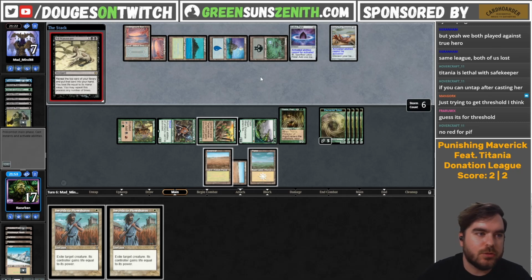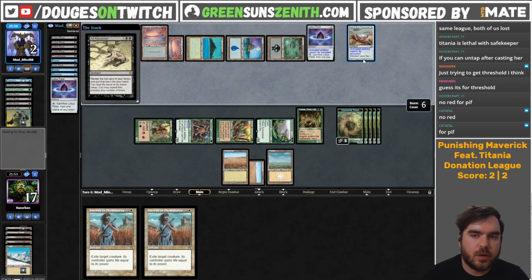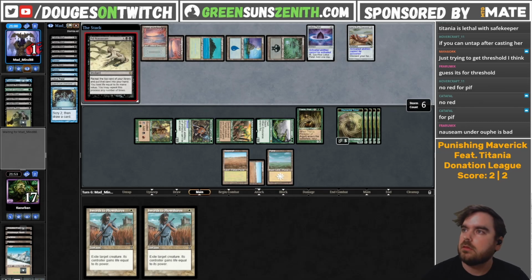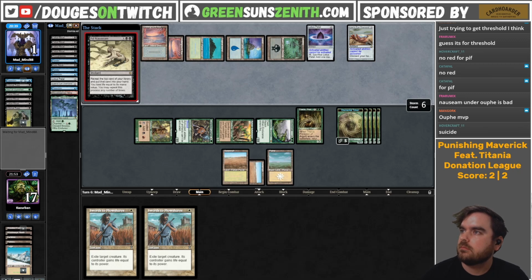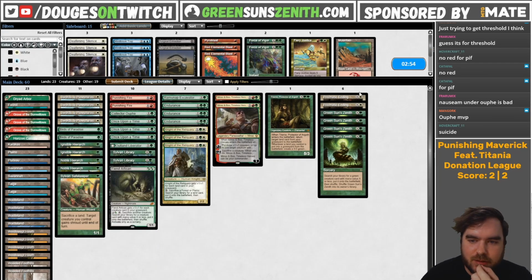Oh, they're going to go for Ad Nauseam? Wow. They're going for Ad Nauseam. No red, yeah. I thought they could have cracked... Oh, they can't even crack the LED. Yeah, that's really tough for them. There it is. Thankfully we have a lot for Storm, so